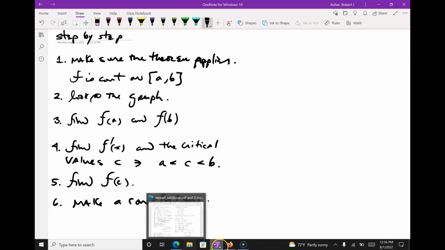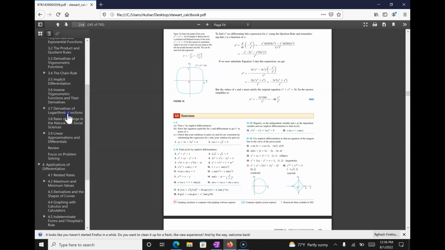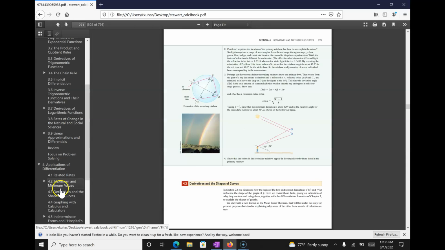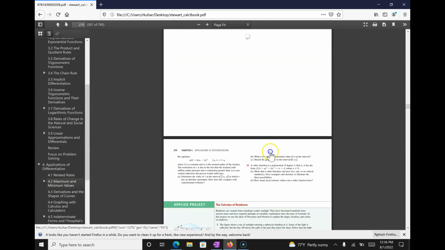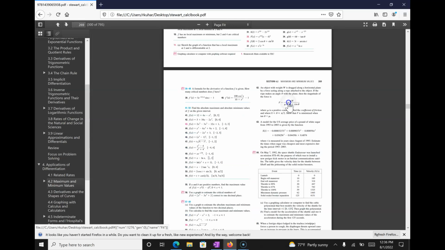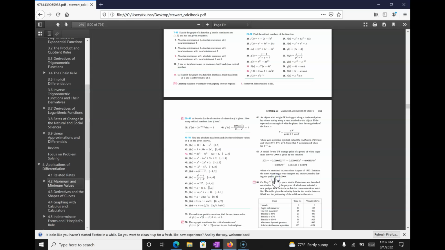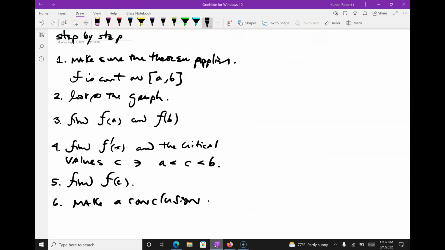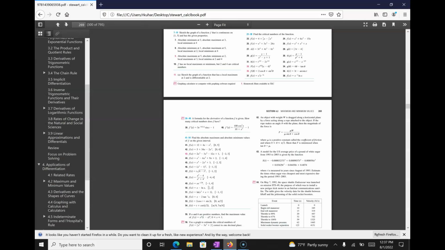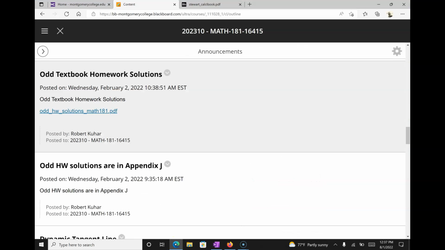So lots of nice problems in the textbook here. In fact, in 4.2, I like everything up until 59. So in the homework, I like up to 59 odds, of course. And then, of course, looking at our homework,